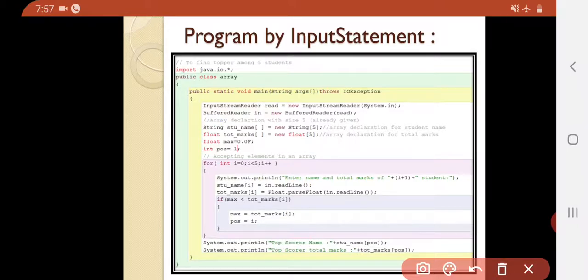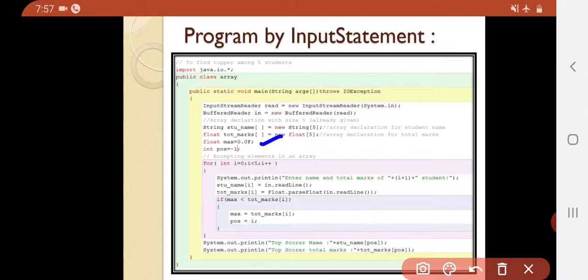See, for storing maximum marks, I've written max and I'm initializing it with 0.0f. I think you know why I'm initializing 0.0f, because float always shows that we are storing decimal numbers, and 0.0 is the least number we are going to provide to the computer.